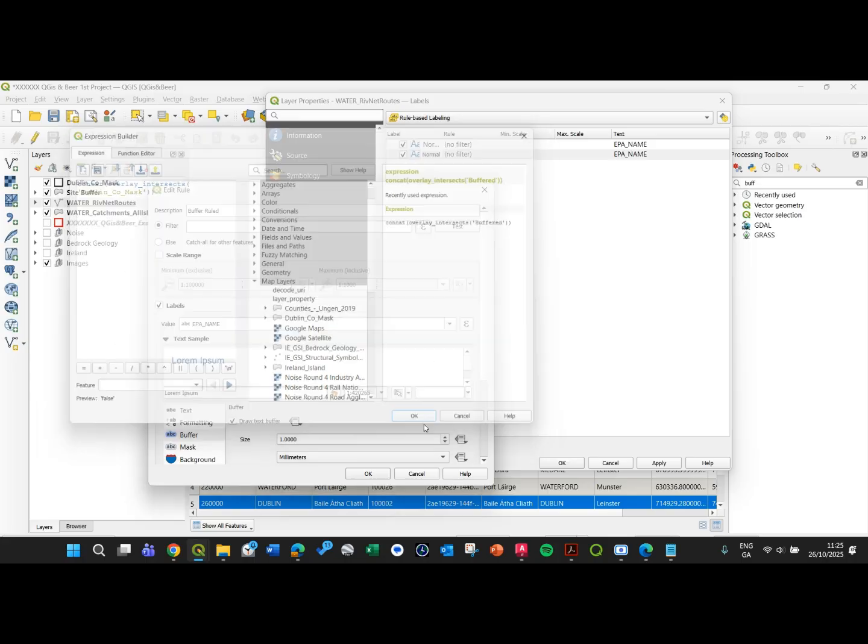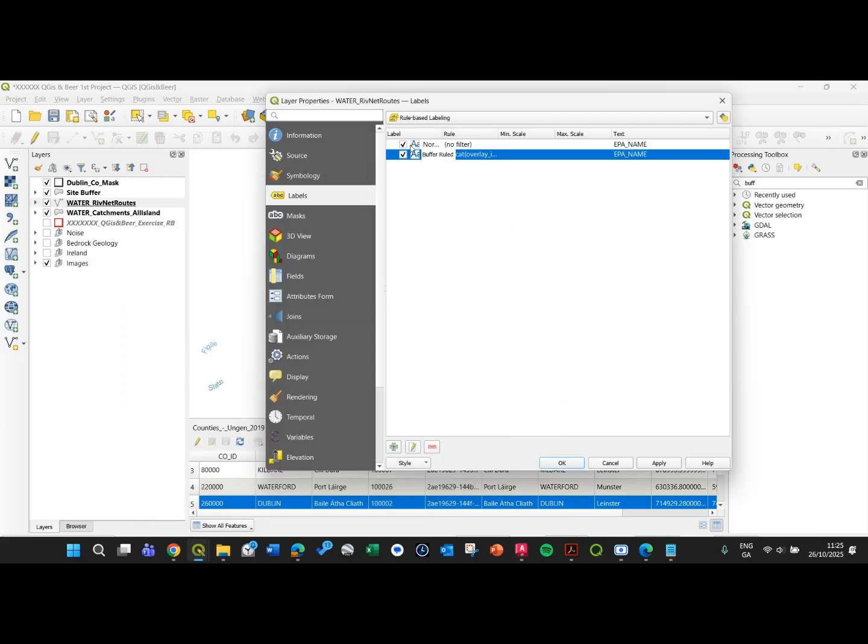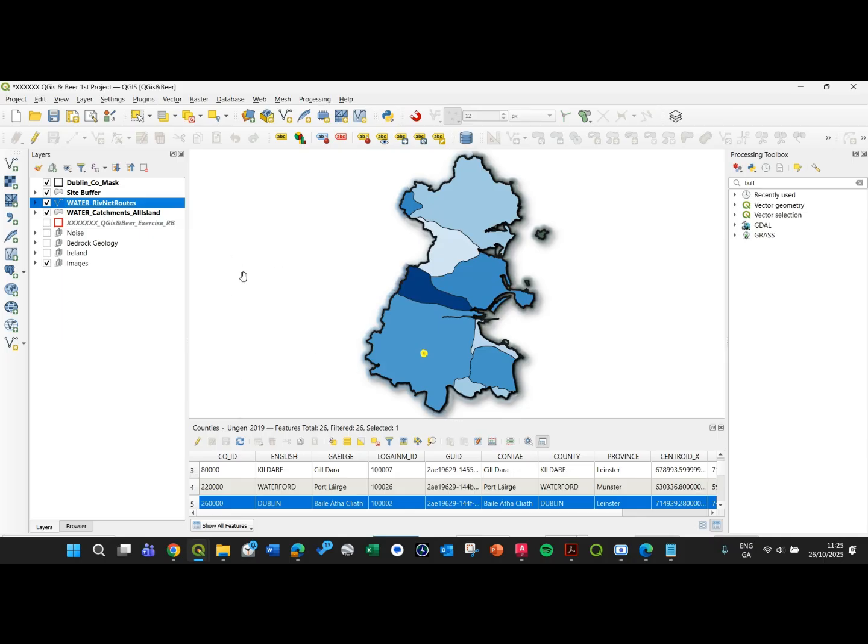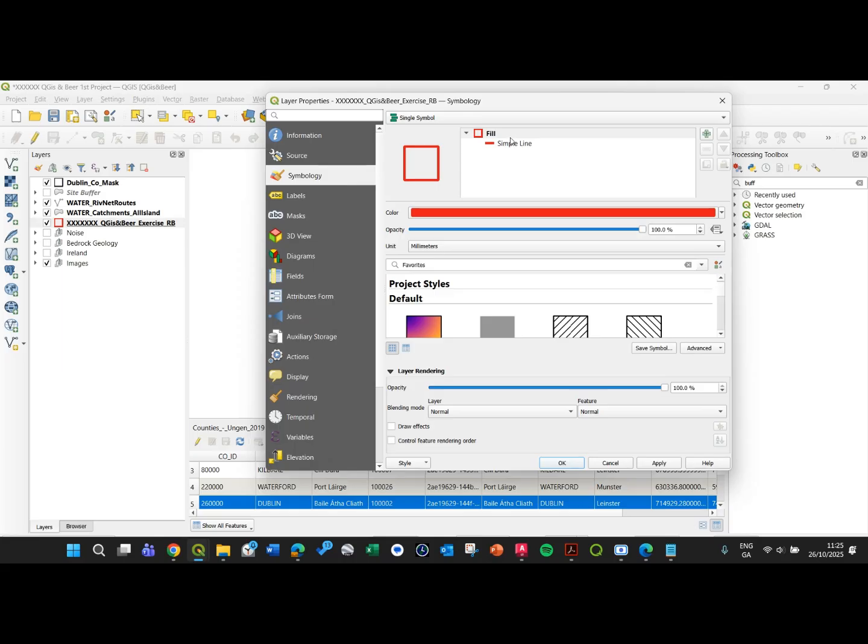Okay, okay, okay. Uncheck the first and okay. As you can see, it vanished the labels. Wait a bit because it's rendering, and it will work. Let's just change the buffer. Let's turn it off. Change the symbology to show better. In this case, let's change